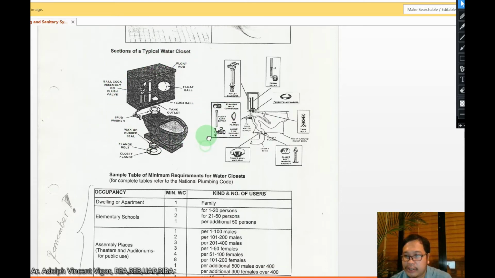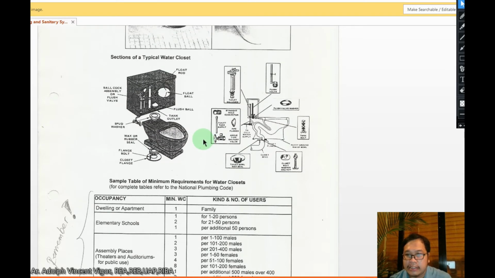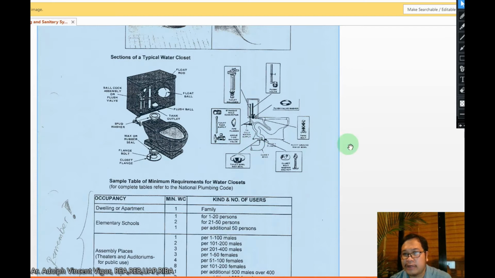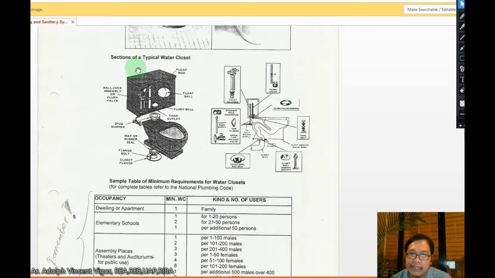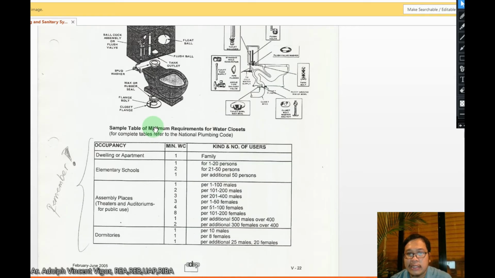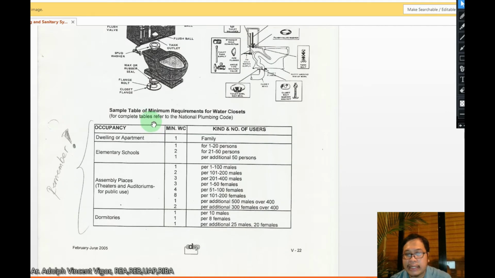Okay. So I think you should also research this on other sources as well. I think there might be new technologies which are more innovative than the basic layout section of a typical water closet. So what's important to remember, class, when you design buildings, okay, so this is referred to the National Plumbing Code, is that you remember in your design to consider the number of water closets that you